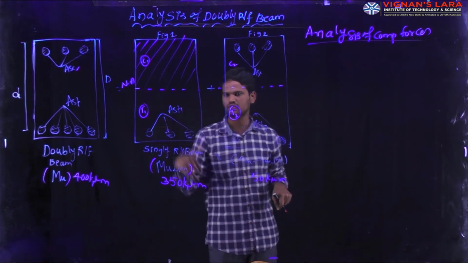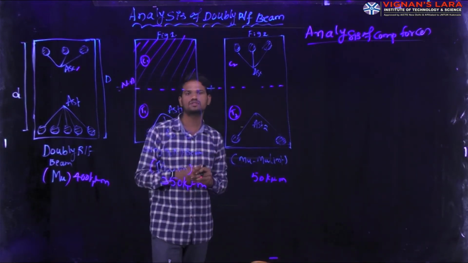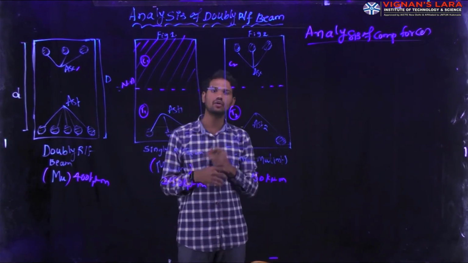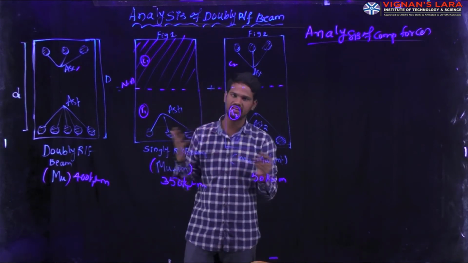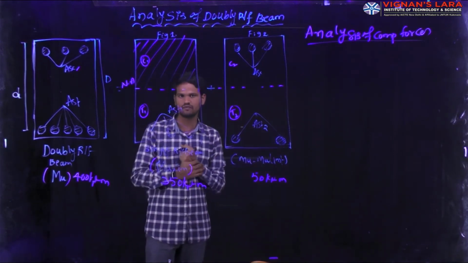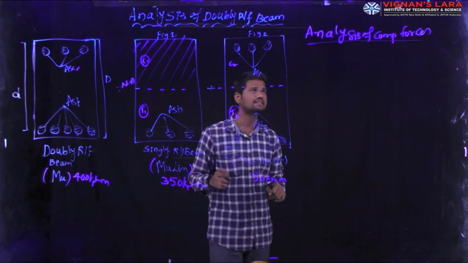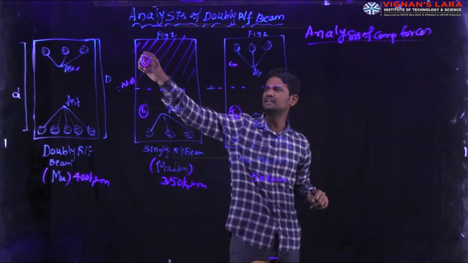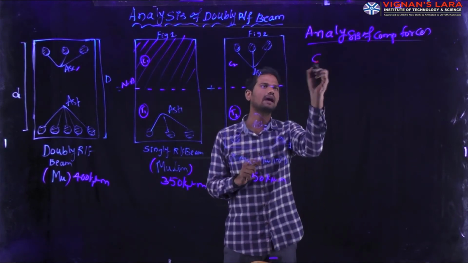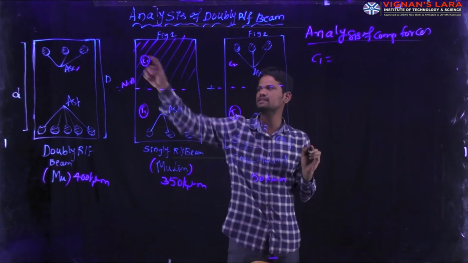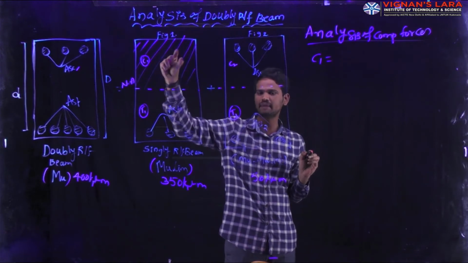balanced section. In previous sections, we considered the balanced section, under-reinforced section, and over-reinforced section. That means based on the neutral axis depth with respect to the limiting depth, we defined these sections differently. Now we will calculate the analysis of compressive force. If you see in this diagram, how much amount of compressive force is acting on the beam, I am calculating that now. I am naming it C1 for the singly reinforced balanced section. I am considering this beam as a balanced section.